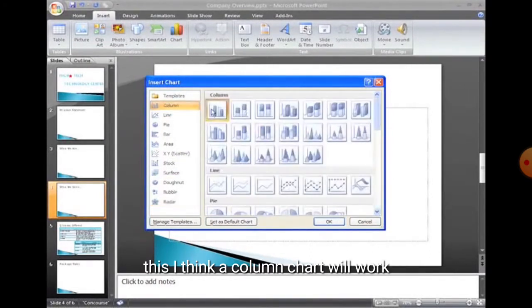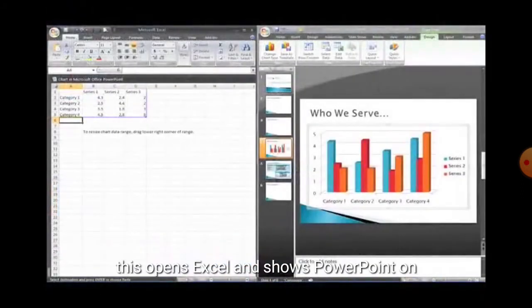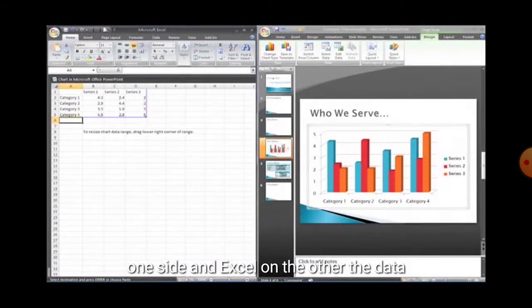You can take that chart. Here I will take the column, the 3D type of chart, a three-dimensional chart. As you click on this chart button, an Excel file will automatically be activated with predefined data written in it. But you can edit that.